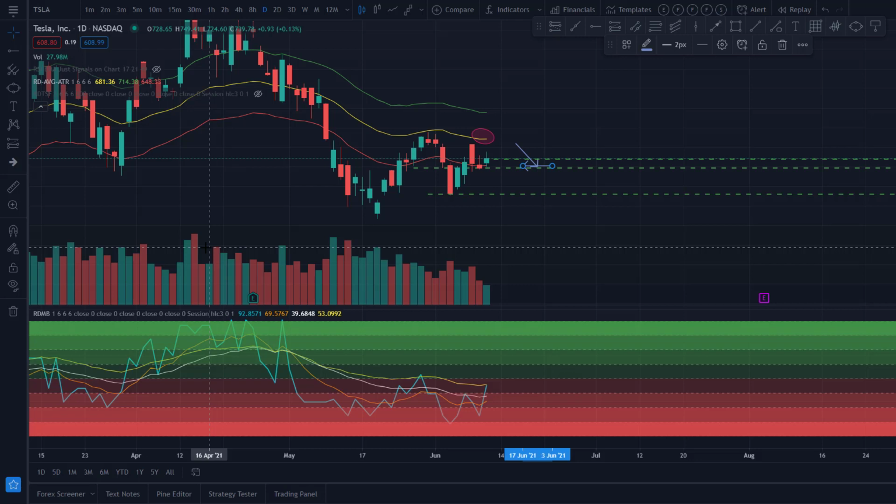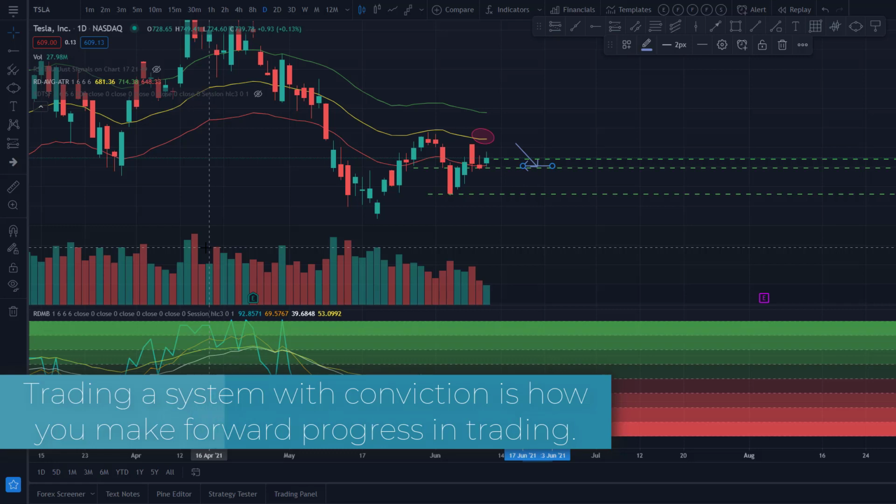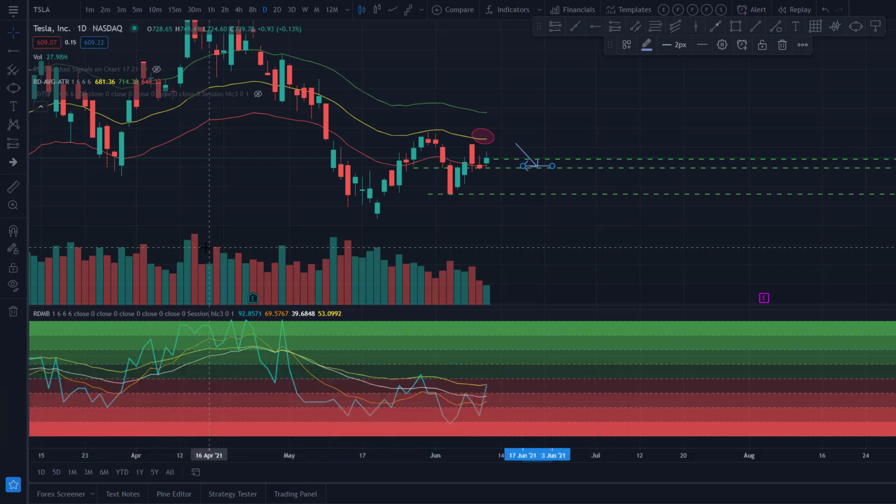complexity of your trading. The more you have to think during your active trading, the more mistakes you're going to make, and the more it's going to be confusing on whether or not you should do something, whether or not you should exit, whether or not you should even trade. Just the more complex you make it, the more confusing it will be at all times. And it will never feel like you're actually making forward progress, because you're not trading the system, you're just winging it. You're just trading on a whim.